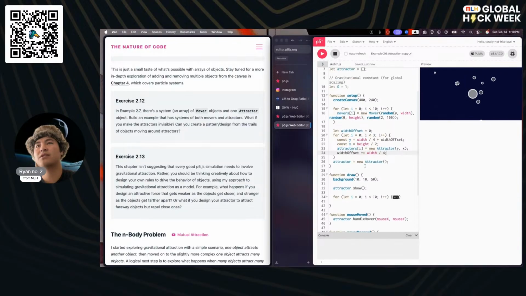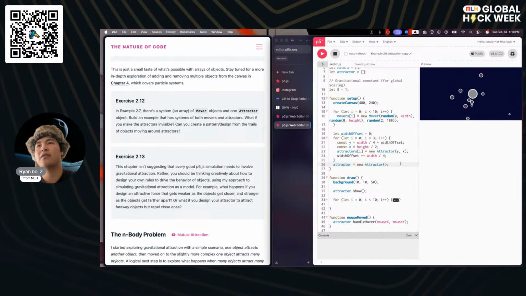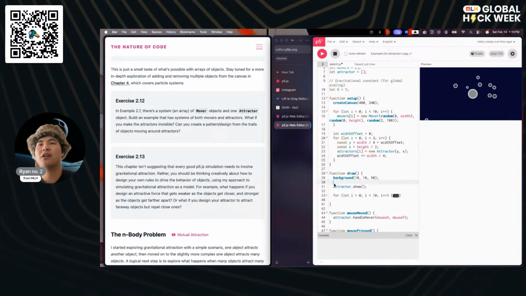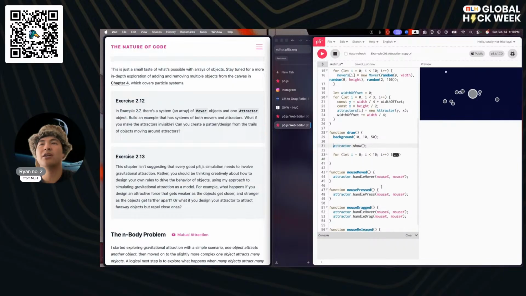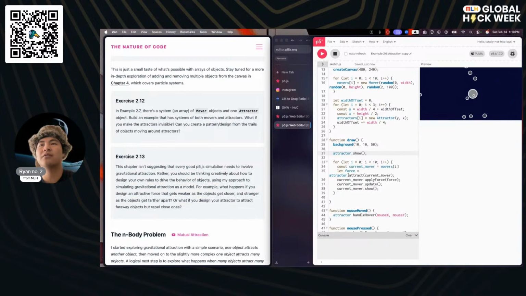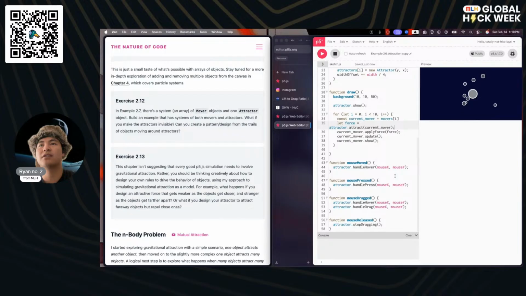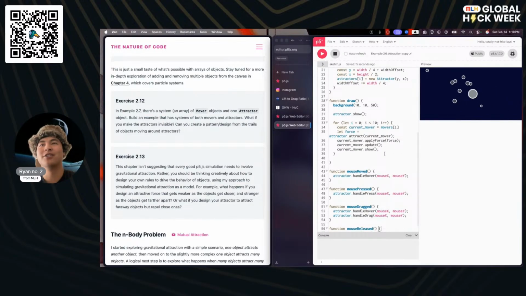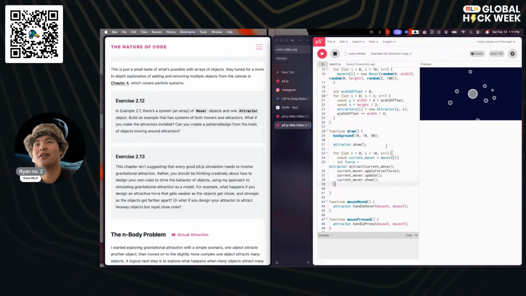So then we're also going to need to make sure that after we set up our attractor, we apply the show function to every single attractor. We also need to make sure that all of this stuff applies to every single attractor, as well as all of these. Oh boy. So this is going to be a little bit of work, but that's okay.